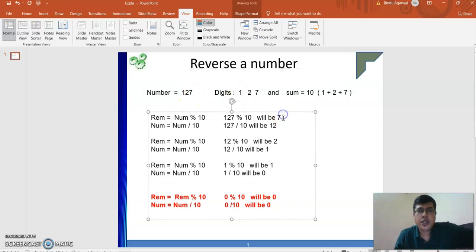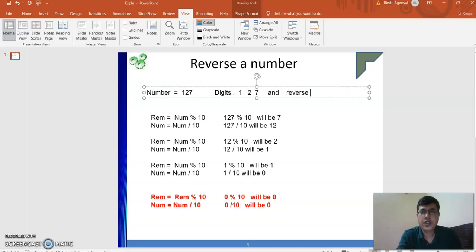Now this unit place, which is the least one, will become the most significant. So in this example, 127 after reversal has to become 721. And when we are dividing, we are getting first 7, then 2, then 1.